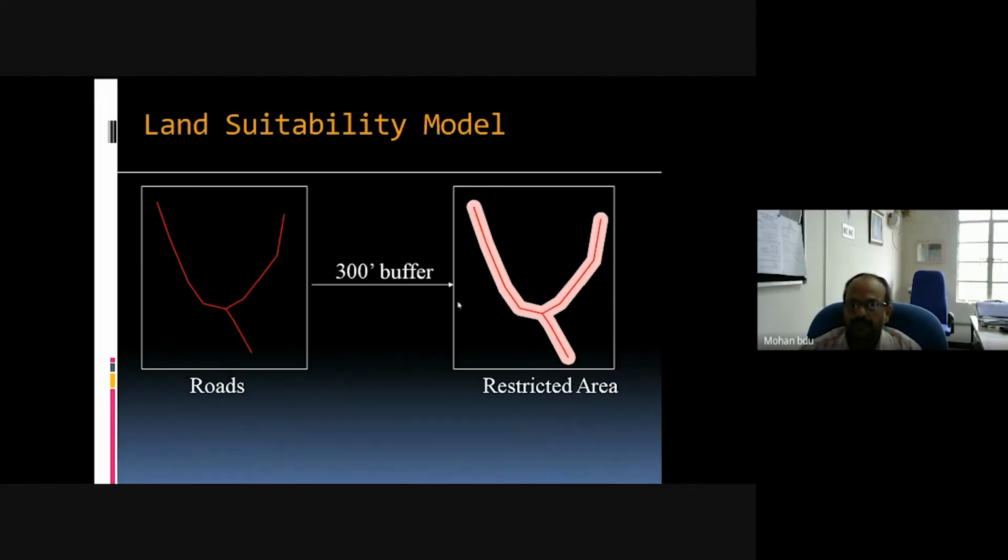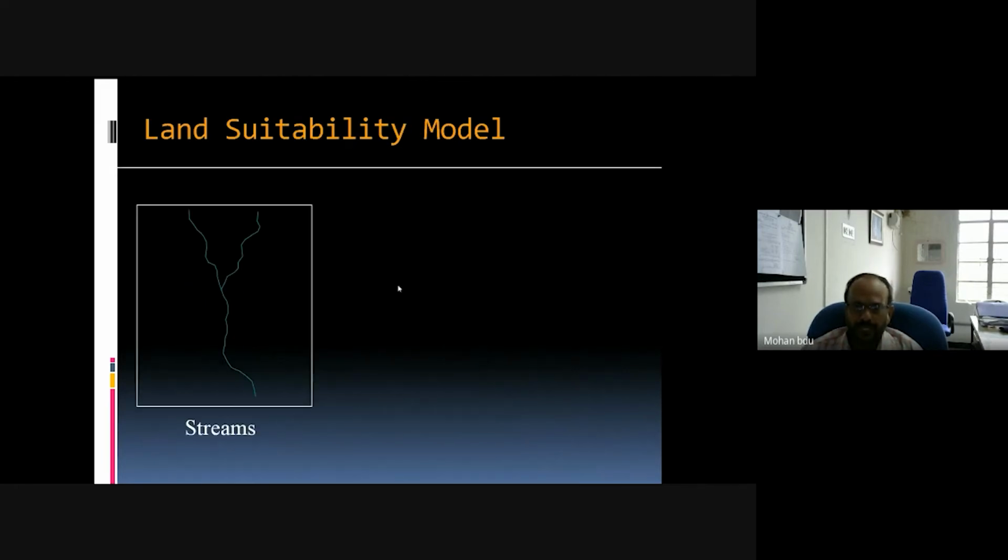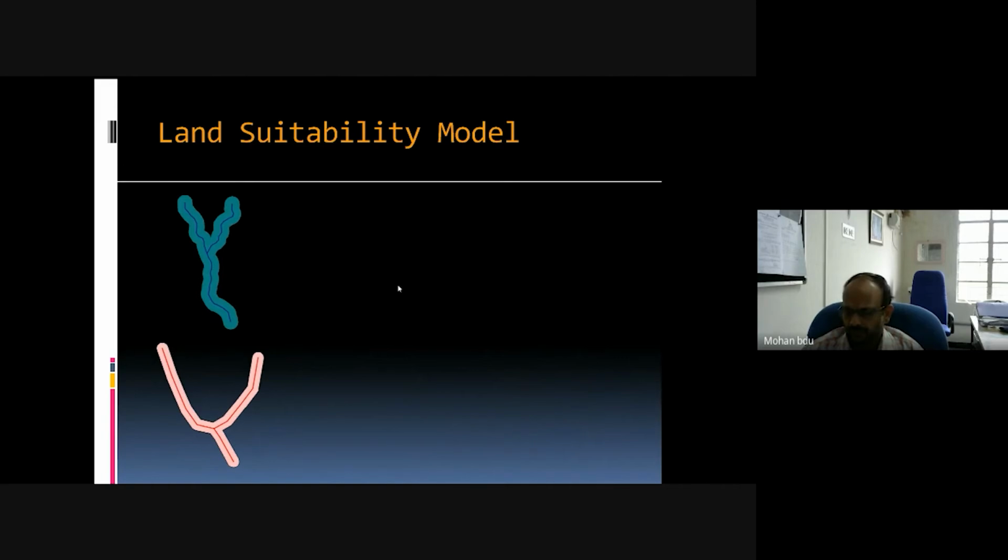So like this, we can have a kind of restricted area, and we can identify this buffer zone that is 300 meters or so within the highway. So like that, the spatial models are being used in EIA to predict or identify the buffer zone, and these kind of suggestions can minimize the impact caused by the project, like a road development